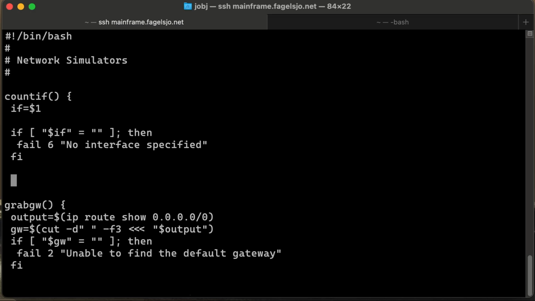And otherwise we'll create an additional variable which will be the count,